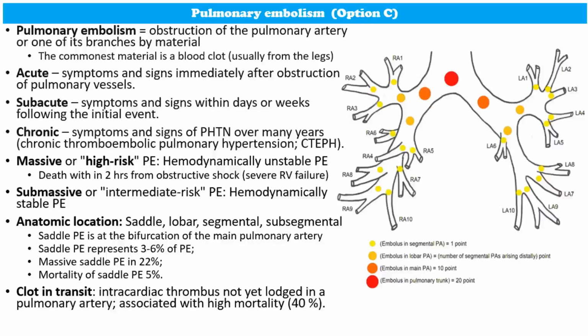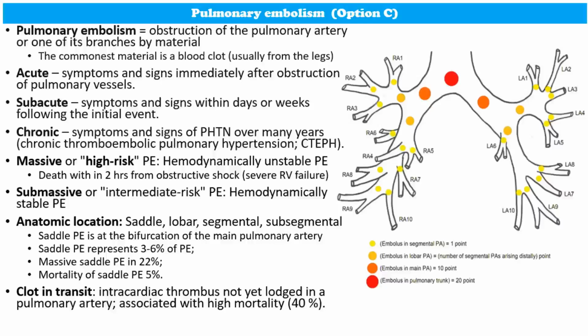Hemodynamically unstable PE is that which results in hypotension. Hypotension is defined as a systolic blood pressure below 90 mmHg or a drop in systolic blood pressure of above 40 mmHg from baseline for a period of more than 15 minutes, or hypotension that requires vasopressors or inotropic support and is not explained by other causes such as sepsis, arrhythmia, left ventricular dysfunction from acute myocardial ischemia or infarction, or